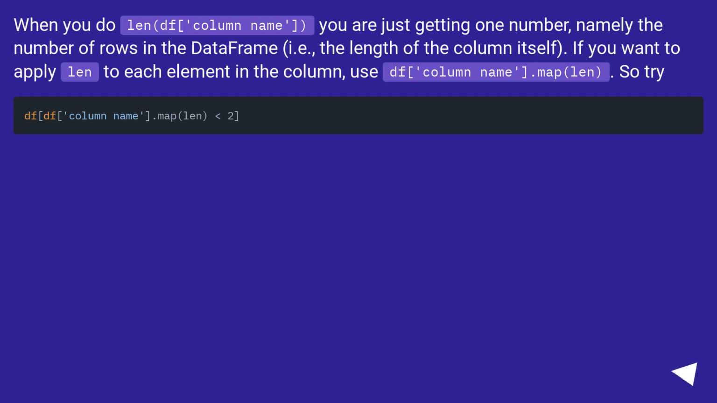When you do len(df['column name']), you are just getting one number, namely the number of rows in the data frame, i.e., the length of the column itself. If you want to apply len to each element in the column, use df['column name'].map(len). So try: